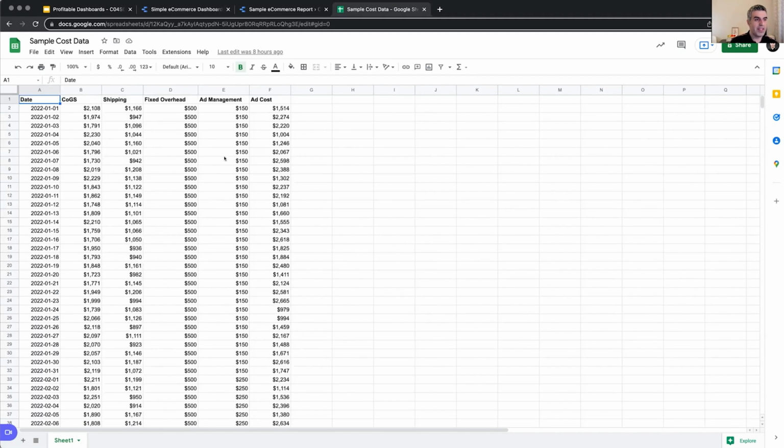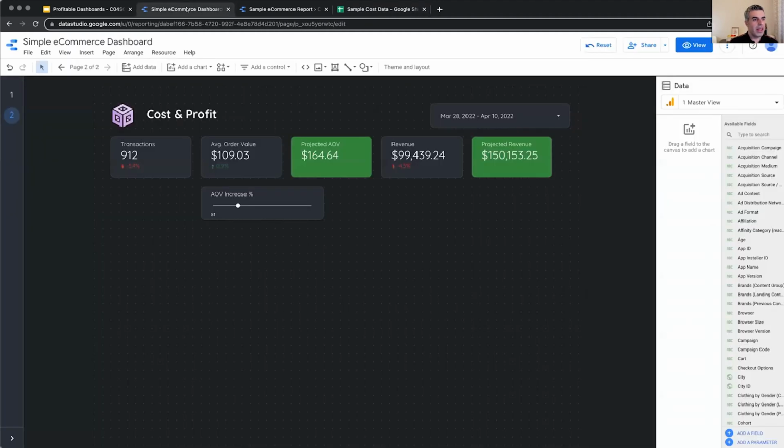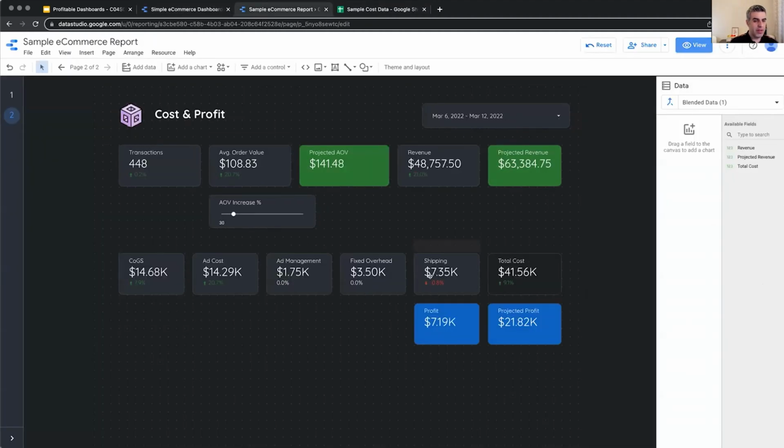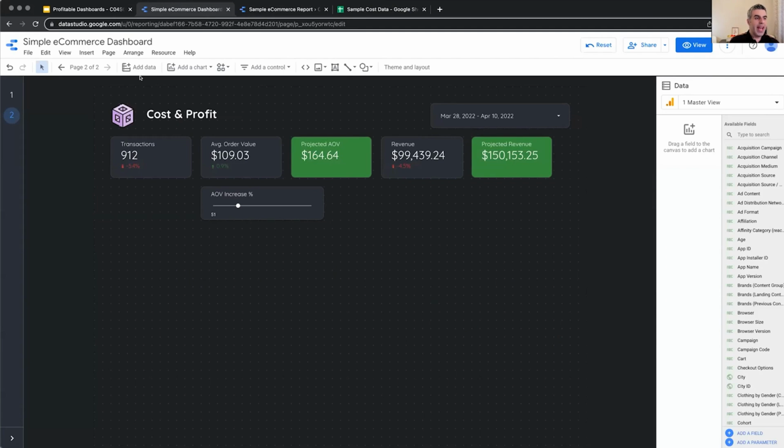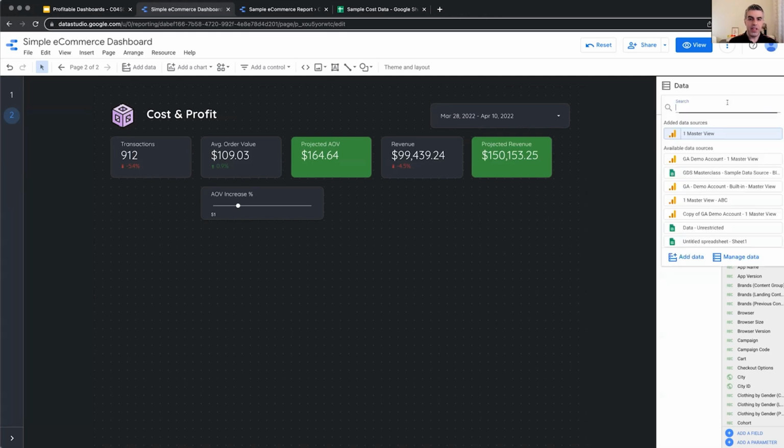So we have access to a Google Sheet with the data that we want: one dimension containing different categories, which is date right now, and five metrics, values. So let's create. We already had data from Google Analytics. We can see it here whenever nothing is selected. And if I click on this, I can see the data sources that are added to this